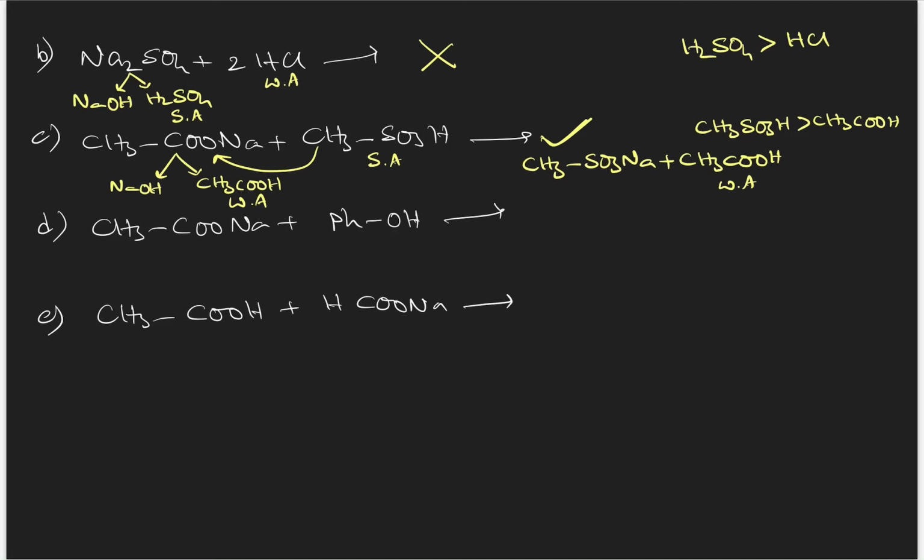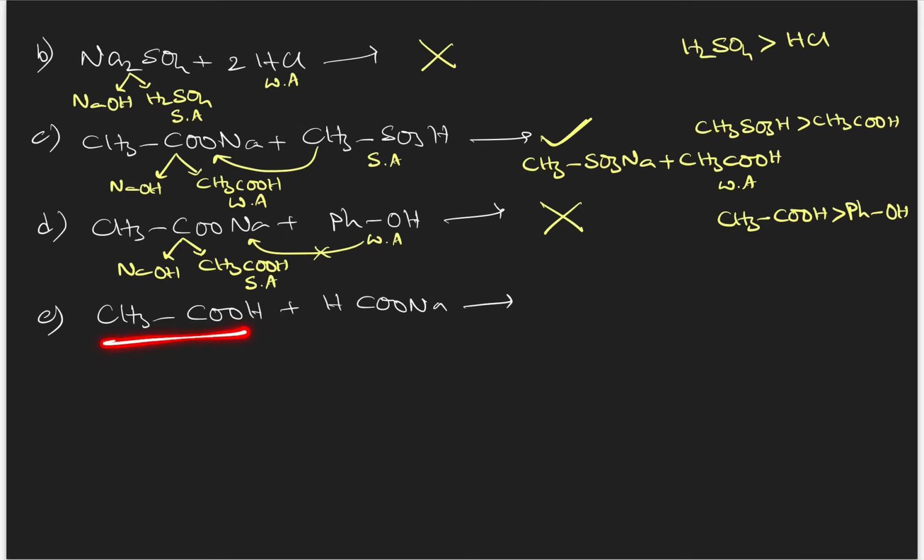Then the third one. Similarly here also, this is a salt of NaOH and acetic acid, and it is in comparison with phenol. Between acetic acid and phenol, which is more acidic? Acetic acid is more acidic than phenol because the acetic acid conjugate base forms two equivalent resonance structures. In part 1 itself I have explained this. Therefore, as this is a stronger acid and this is a weaker acid, a weak acid cannot replace a strong acid from the salt. Therefore, the reaction is not feasible here.